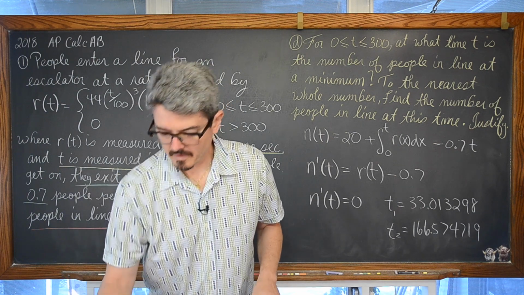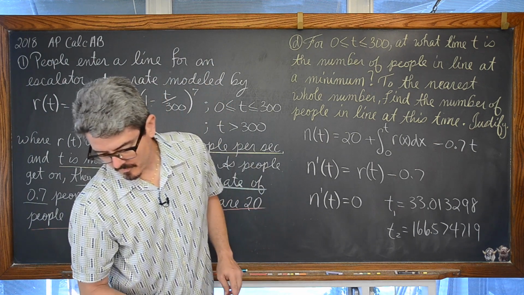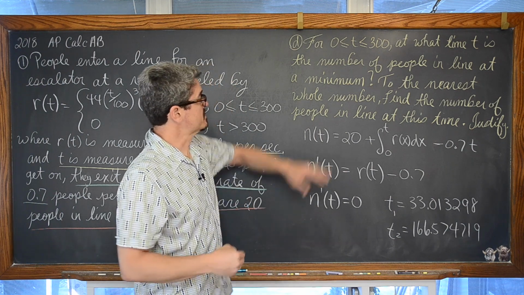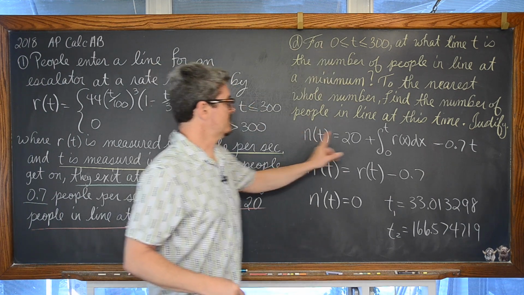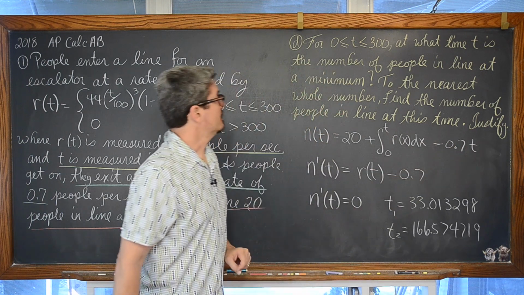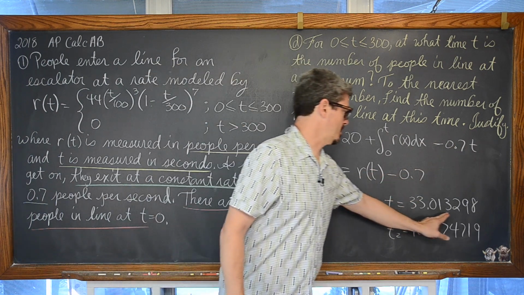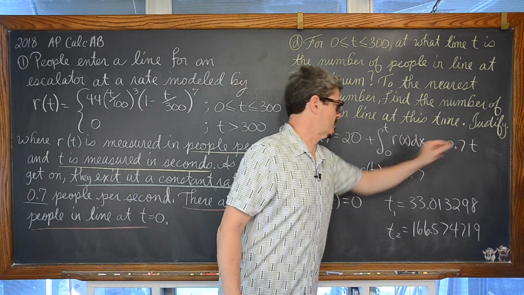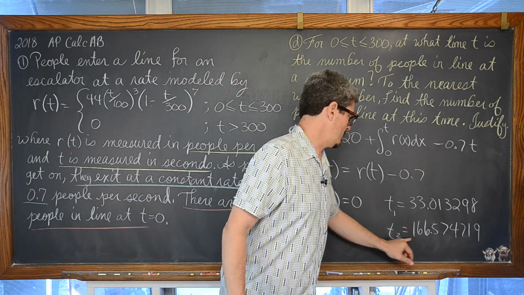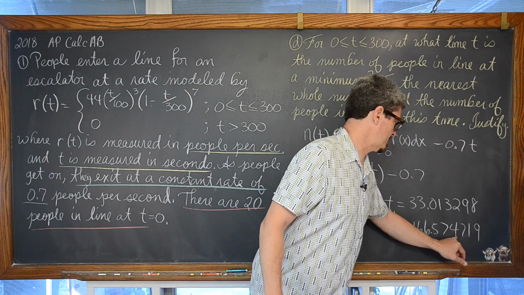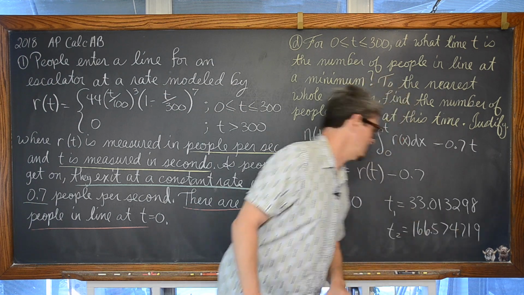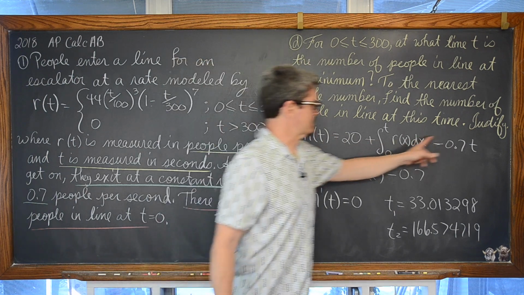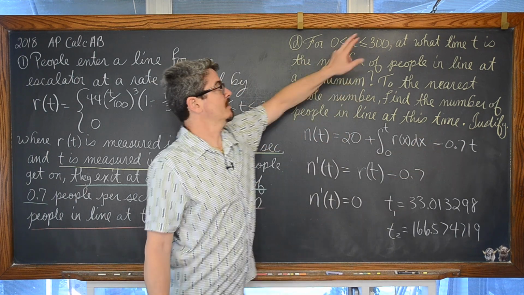And now you're going to be putting the values of 0 into this function, the value of 33.01 such and such into this function, the value of 166.574719 into, I'm pointing up here for the closed interval, but into this function,